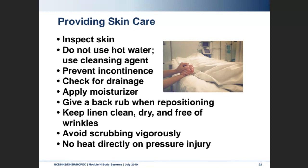If there's any kind of wound drainage, we want to be aware of that. If someone has really dry skin, we do want to keep it moisturized. We don't want excessive moisture, but we do want to prevent excessively dry skin as well, because that can lead to more skin breakdown. We can give back rubs when repositioning, but we want to be careful not to rub over bony prominences. We want to always keep linens clean, dry, and free of wrinkles, because believe it or not,